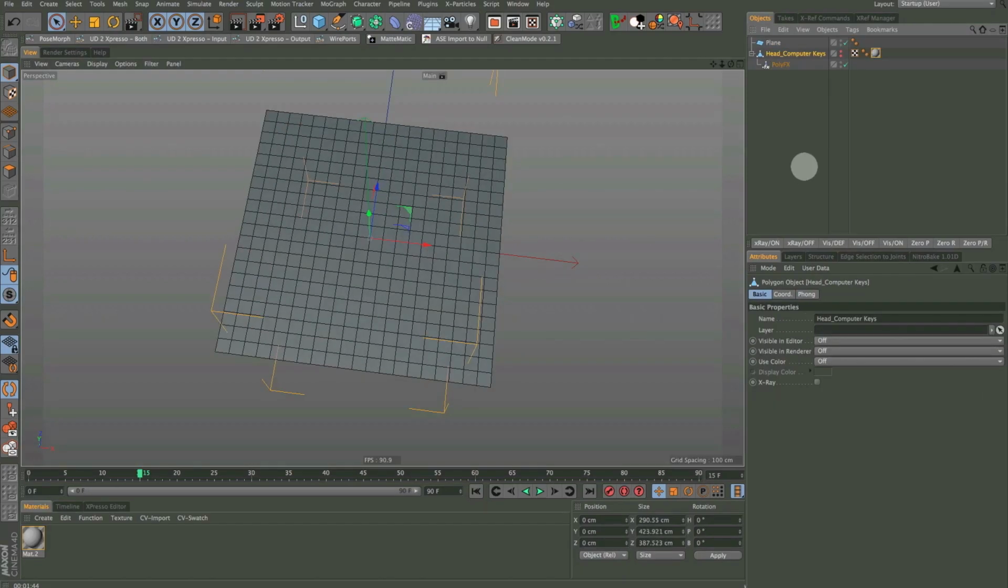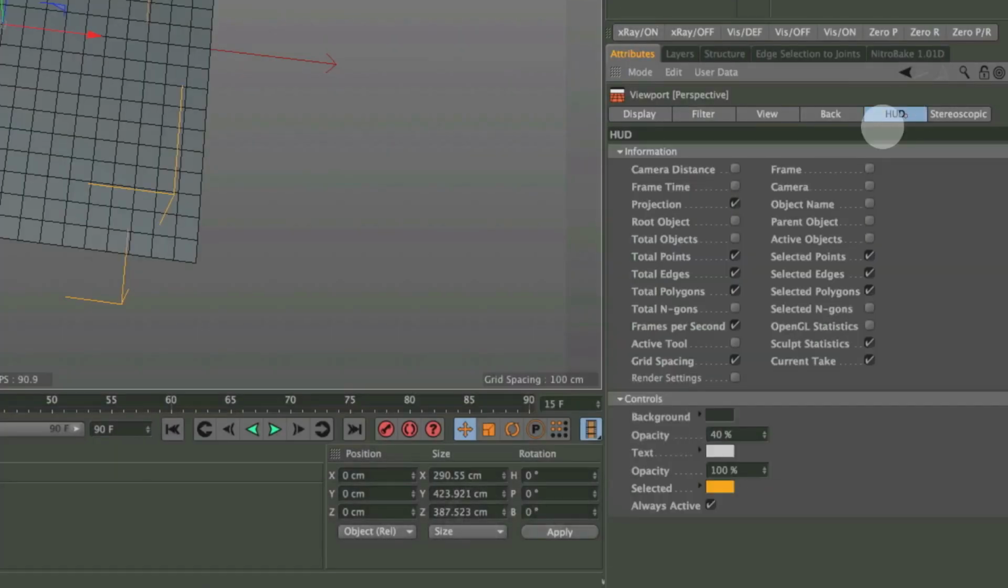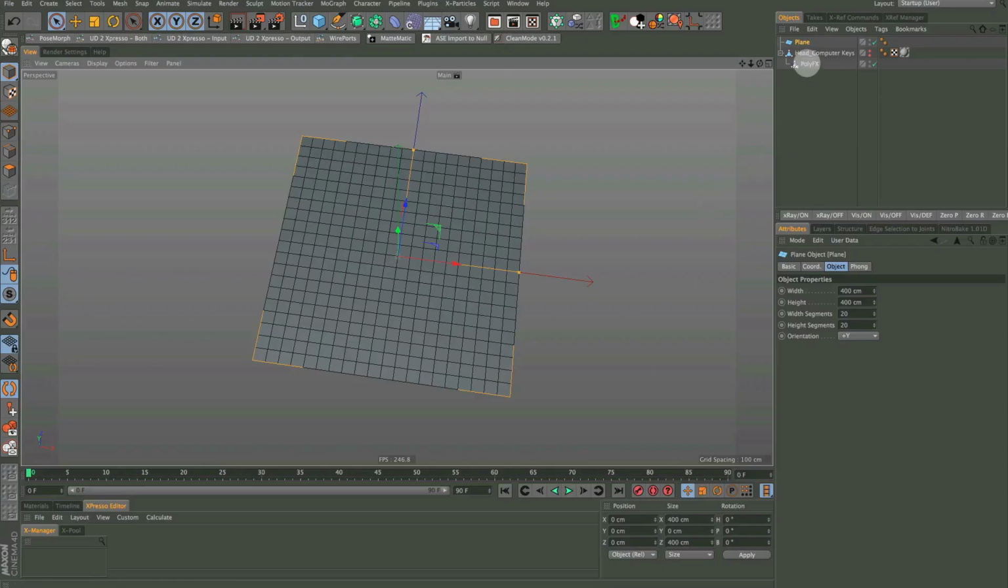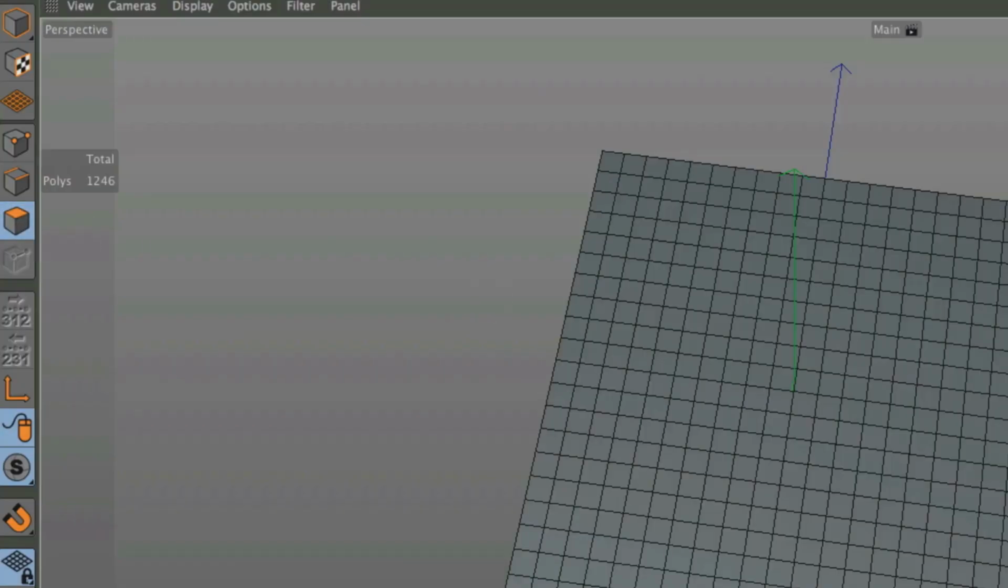So what we want to do is go into the Viewport Settings, which is Shift V, and if you go to the HUD, you can make sure that total points, total edges, total polygons is checked, and also selected points, selected edges, and selected polygons should be all checked. That way we'll be able to figure out how many polygons this head has. So if we go back to our head, okay, and we go into Polygon Mode, now I know it's not visible, but it's still going to give us the reading. We've got